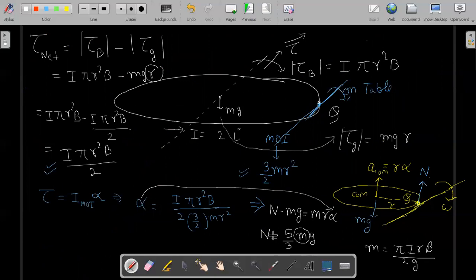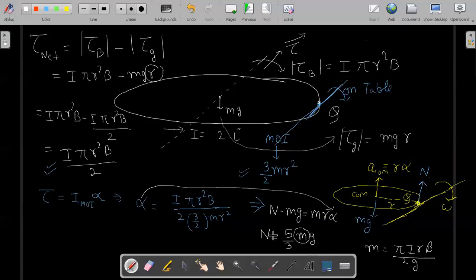So I took this much time to explain this question because 2-3 concepts are involved. One, the torque of the magnetic field, which is calculated by m cross b, is independent of the axis about which you calculate it, provided the magnetic field remains uniform. The reason behind that is whenever the magnetic field is uniform in nature, the resultant force on the loop by this magnetic field is 0. And whenever the resultant force becomes 0, you can calculate torque by that system of forces about any reference point. That is the property of torque.